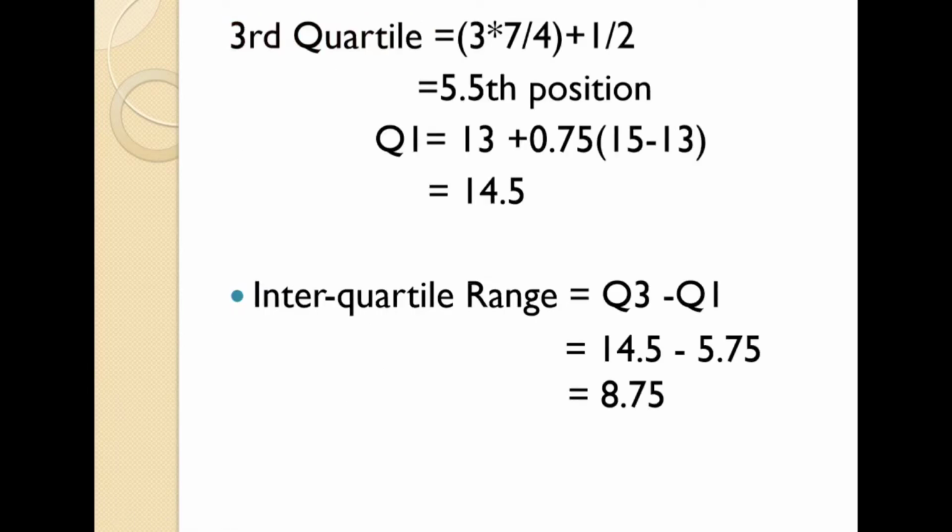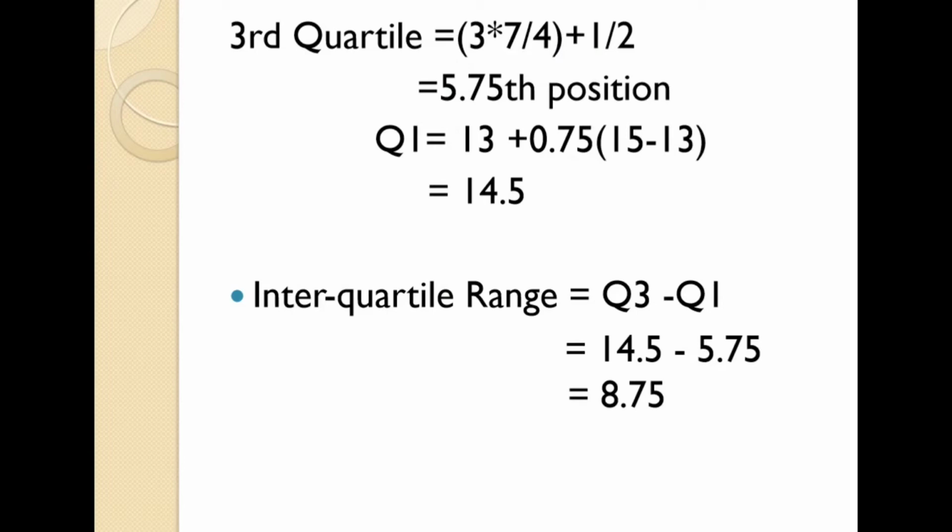So to find the third quartile, we are going to be using 3n over 4 plus half in order to get the positioning. It is 3 because it is the third quartile. So 3 multiplied by 7 divided by 4 plus half will give us 5.75 position. So we need to look for where the fifth position is and look for the 0.5 of the difference between the sixth and the seventh.